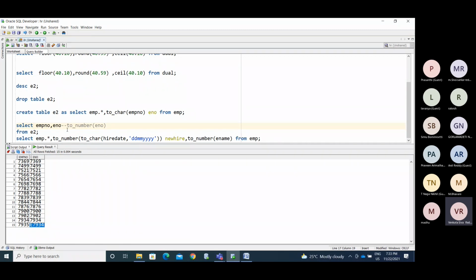Now I need to find that out. How can you find it out? What functions did we discuss yesterday and now, right? Using those functions only, you can achieve this.